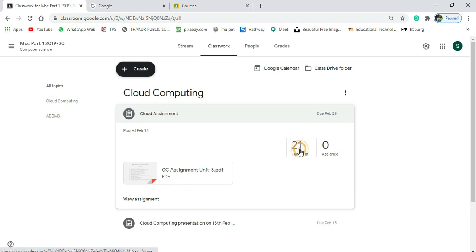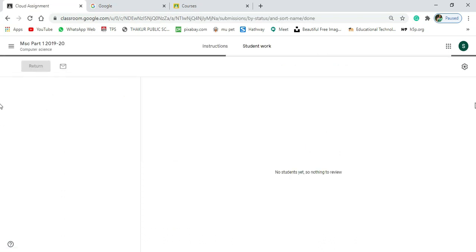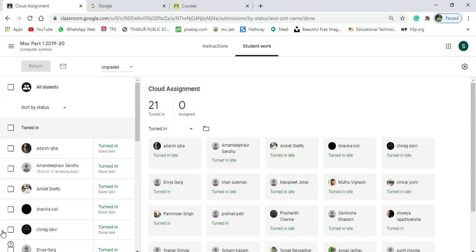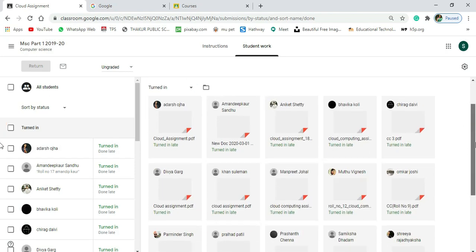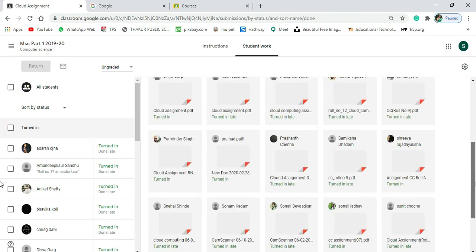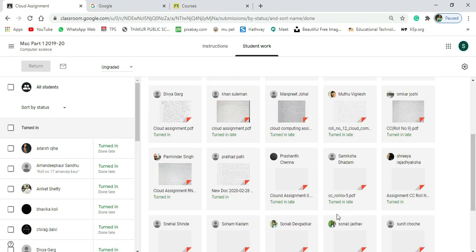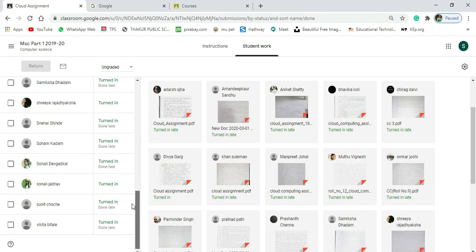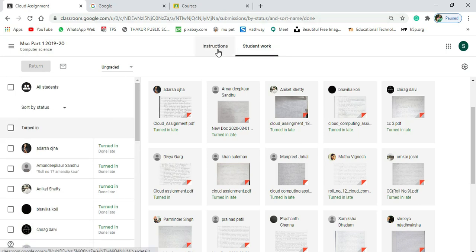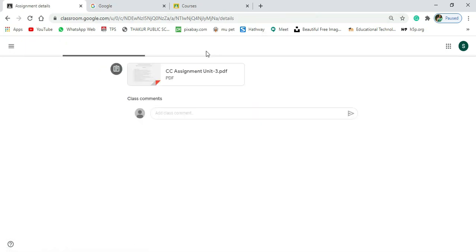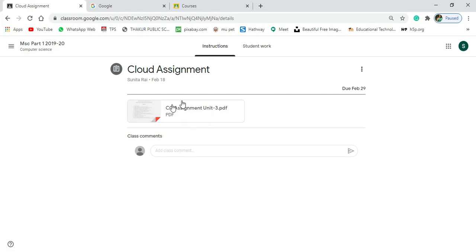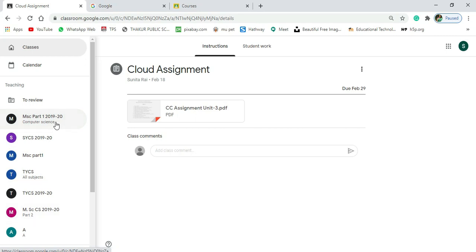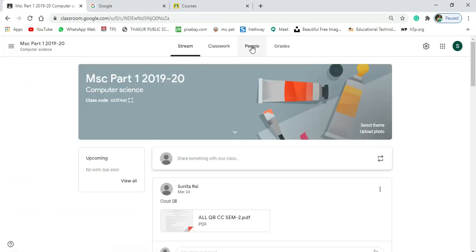So let me show you turned in, who has submitted on what date and whether they are late or not. So you can see this is my screen which I'll get. So I'm getting submitted, and then someone has submitted late, so I'm getting that part also. And these are my students. This is a student's work, and these are the instructions which I have given for submitting this assignment. So similarly I have other classes also. I can see the activity in that class.